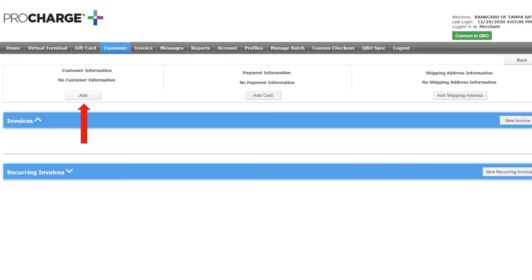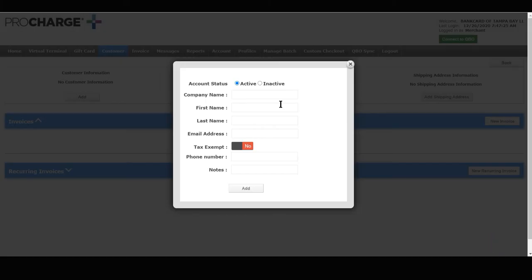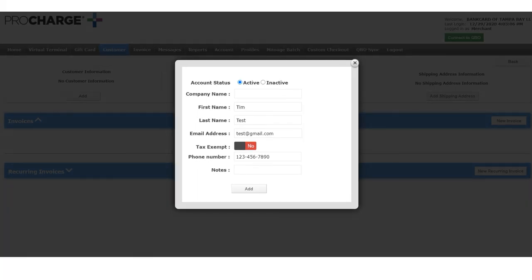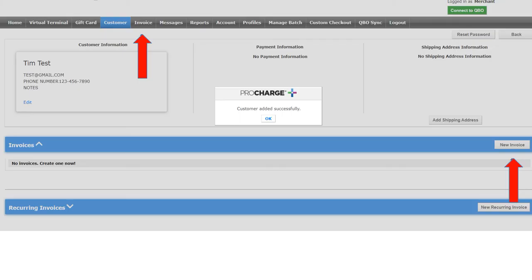And when we go into customer, we'll go to add. The dialog box will appear to put in the information. In this case, we're going to use the first name and last name as Tim Test. Email address is very recommended. Phone number and the rest is optional. Now you see we have the customer added, and we need to go to invoice, or we can go to